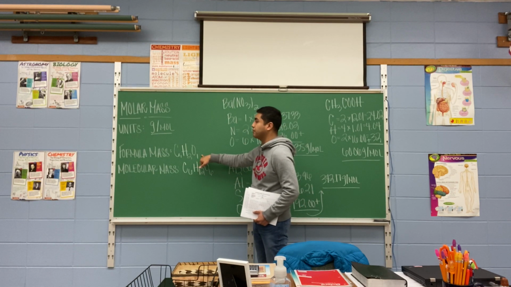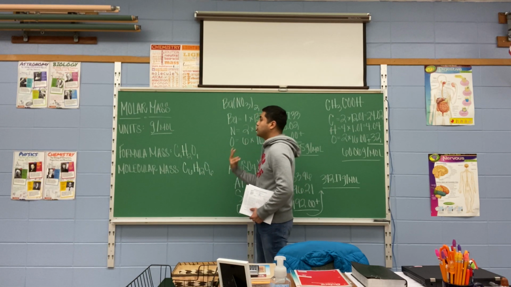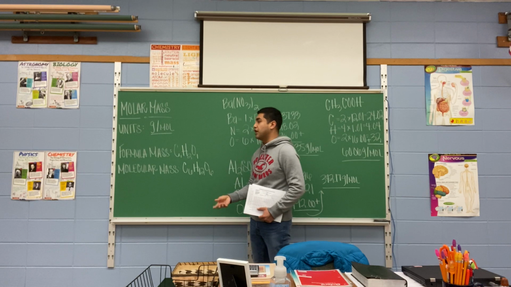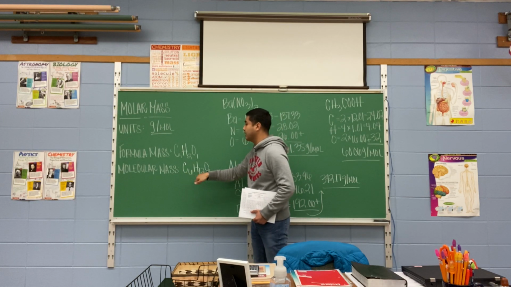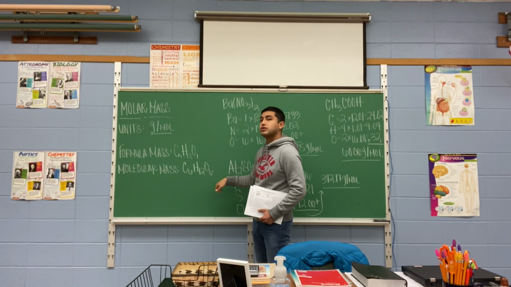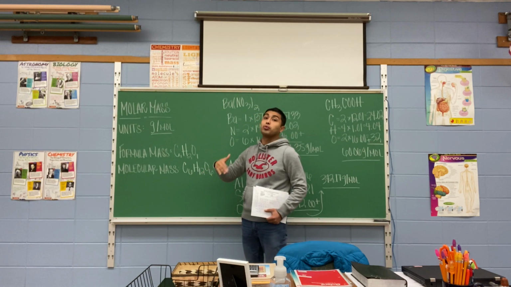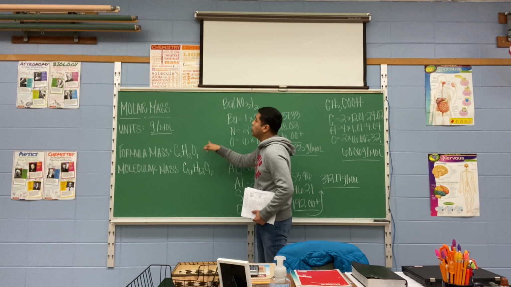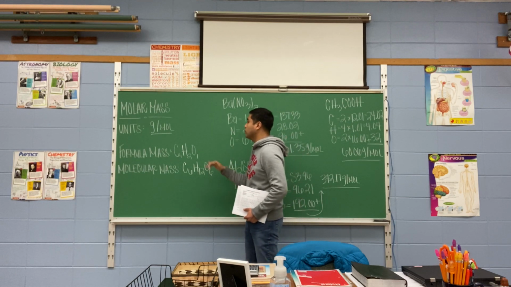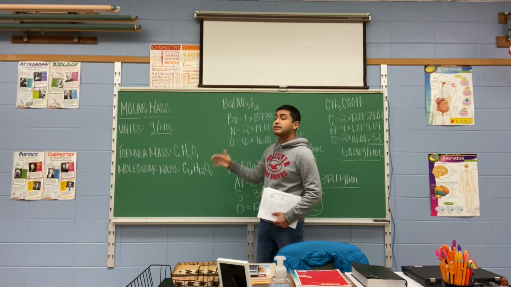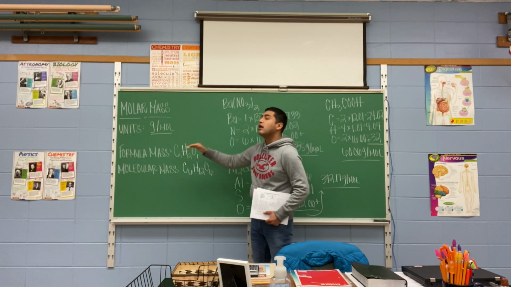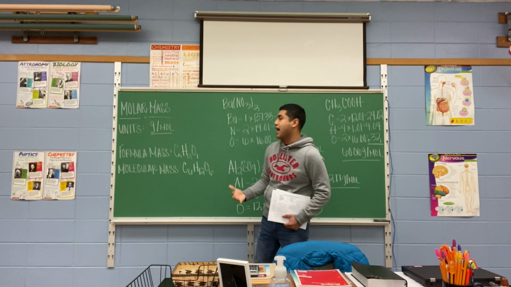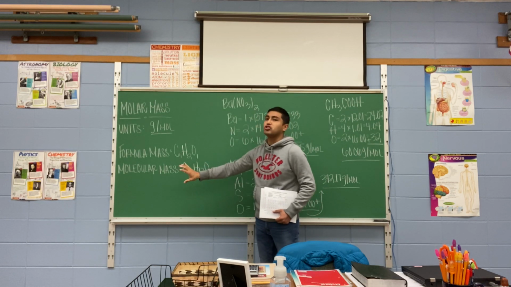Now, this is my simplified version. My formula mass is just one carbon, two hydrogen, one oxygen. The actual formula for glucose, though, is C6H12O6. If you were to simplify or reduce, if you know that term, you would know it is C1H2O1. It's the same thing, same compound. This is just the simplest form. It has been reduced, therefore it is known as your formula mass. Your molecular mass is just how it's given,